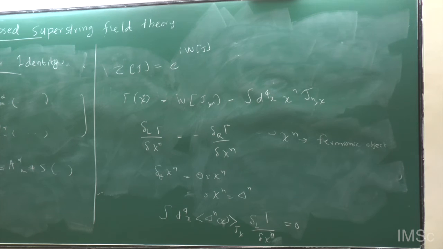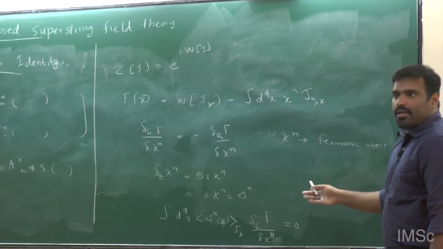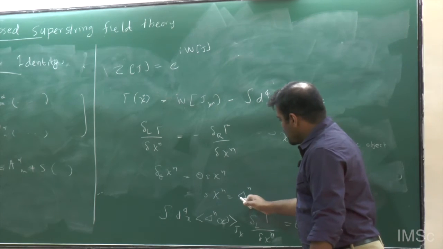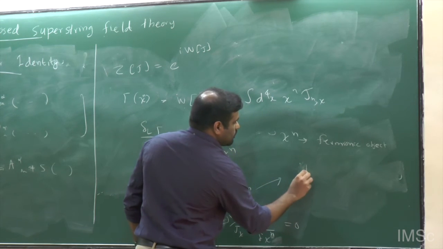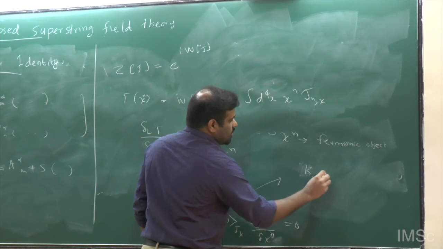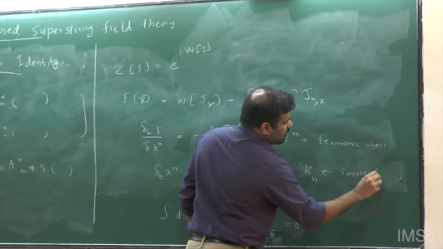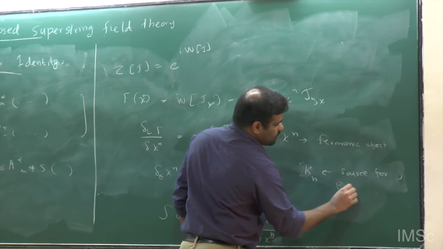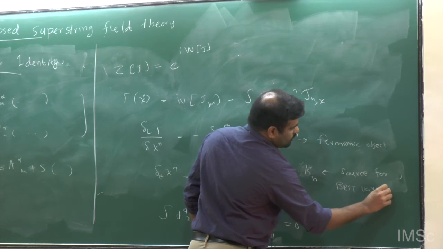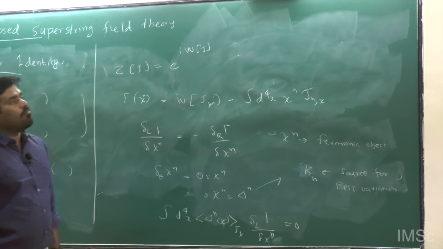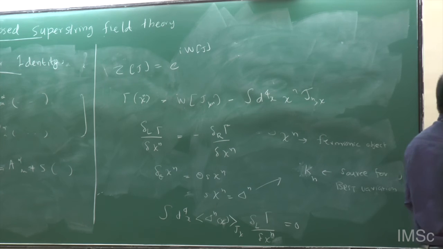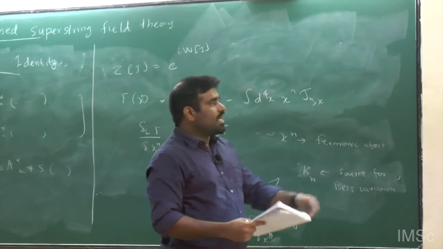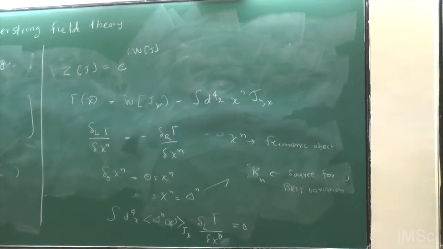So we denoted the source for the field χ_n as J. Now we can introduce a source for the BRST variation δ_n, and then I denote it by K. So this is a source for the BRST variation. That means we are going to introduce a more general generating function. So initially we had a generating function Z[J]. Now I am going to make it into a generating function that has two sources in it, or two classes of source in it, J and K. Then here I have to add the additional source term.